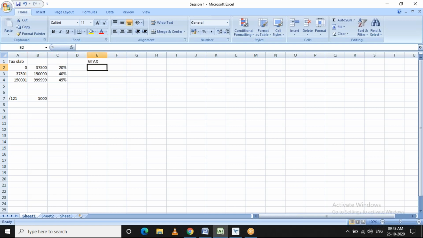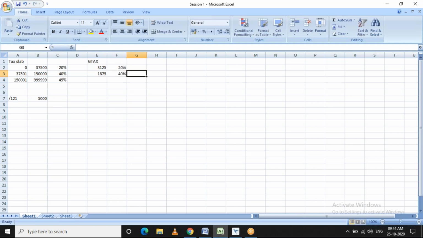Now let's talk about monthly. This is the first slab which will be applied at 20%. For the rest of the amount, for example, 5,000 is the taxable earnings, whatever amount remains after this 3,125 will be calculated at 40%.